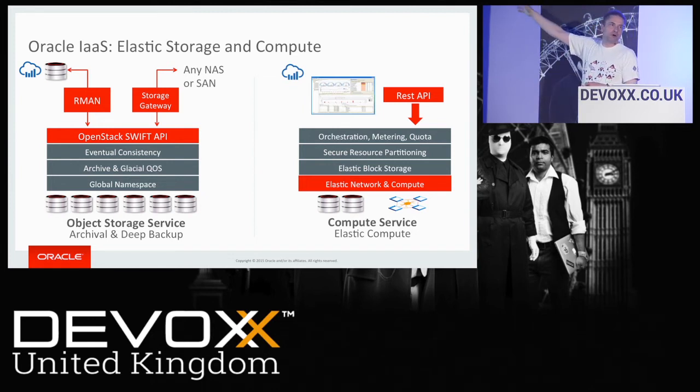Orchestration, metering, quotas, these are all sort of higher-level functions that we need to be able to deal with in order to give you the best possible service, so that you can decide how you want these things to work, how you want to adjust the level of service that's being provided, the number of resources, and so on. All of that in terms of determining your quota, determining the way things are metered, and how you actually use these things are available through a RESTful API.